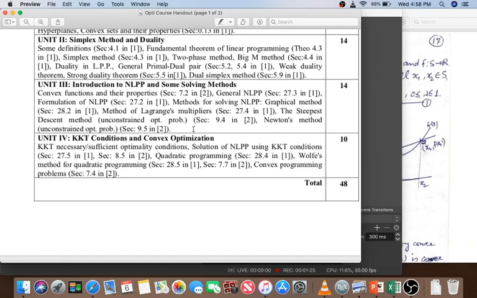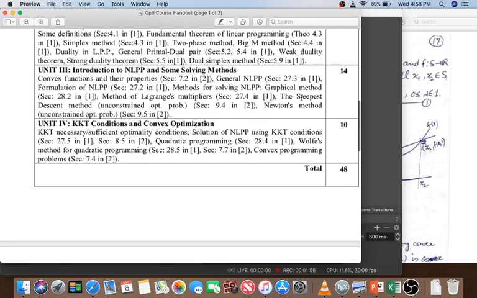You have studied linear programming problem, how to formulate and how to solve real life problems, and there were different methods: graphical methods, simplex methods, two-phase methods, big M method. Same as here we have non-linear programming problems, and we have the methods for solving. So here also I have taken 4 methods. 2 methods are graphical methods and Lagrange multiplier methods, which are called constrained optimization problems, and 2 methods are the steepest descent method and Newton's method, which you can consider in a class of unconstrained optimization problems.